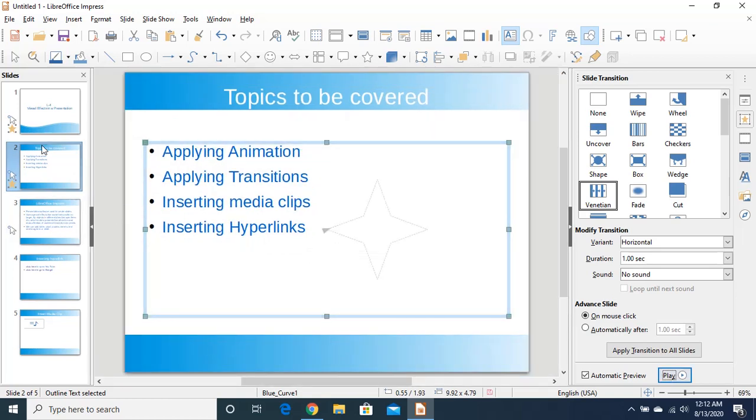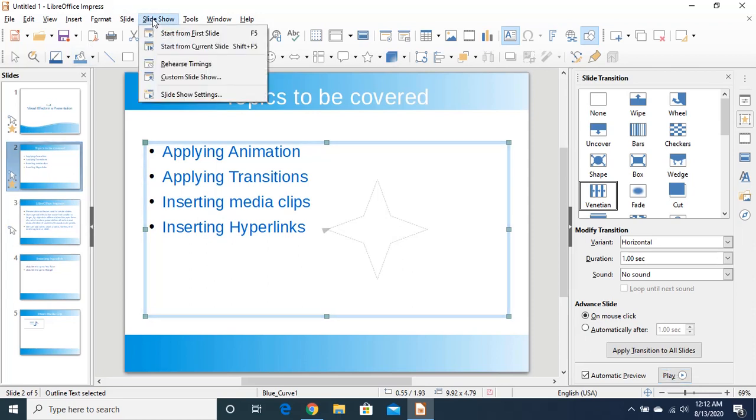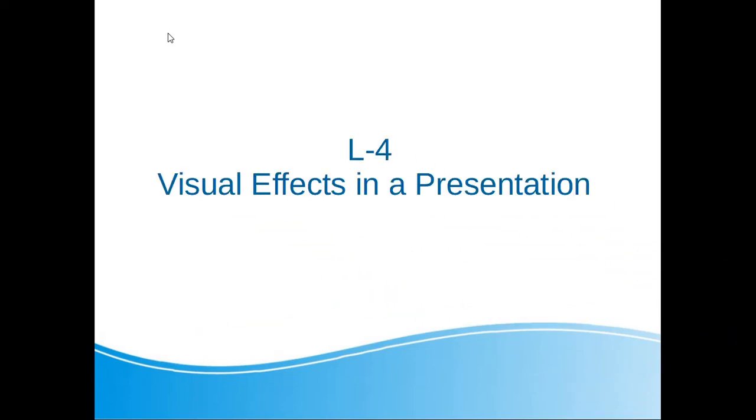Okay, now we have applied animation on 3 slides and transition on 2 slides. Now I'll tell you how to run your slide. Click on slideshow, start from first slide. This is transition, right? As we have chosen on mouse click, when I click on this, this is animation.